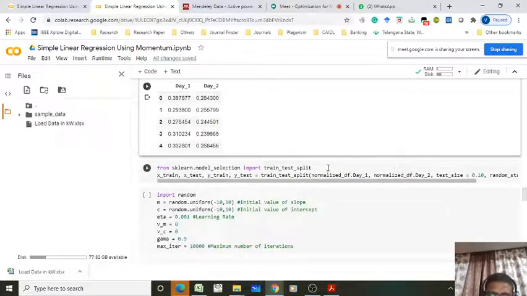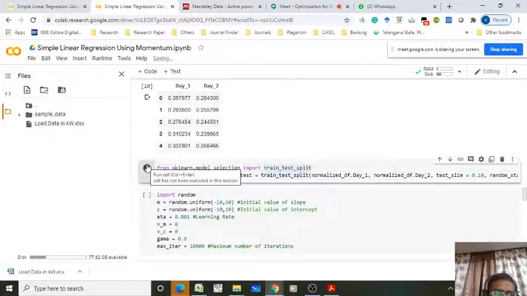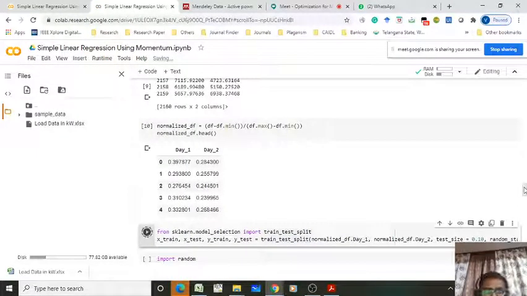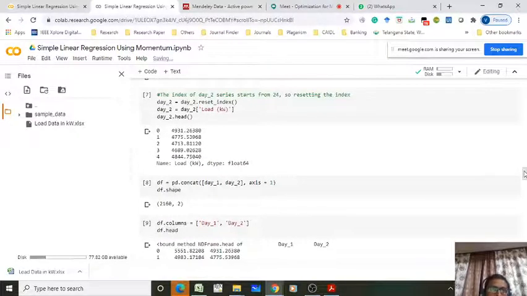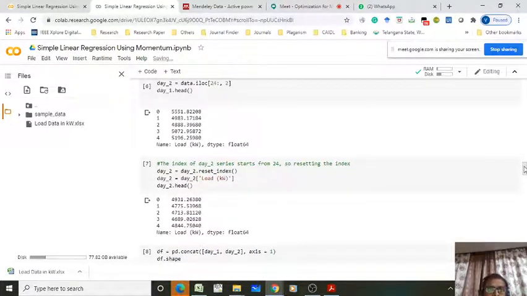Now next one, you have to split the data. Only understanding this logic is a bit difficult, but you can sit calmly, be patient, and just go through the code to see why I am doing all those things. Already I explained, but if you have some doubt, then go through it. Still, if you have a problem, you can call me. I will explain again, not an issue.